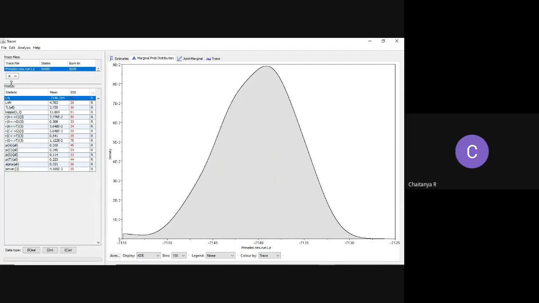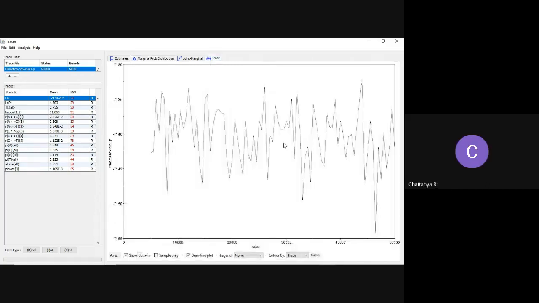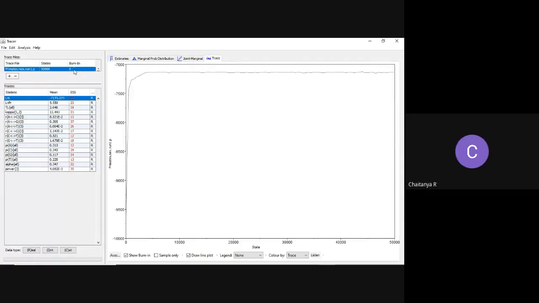Where is Trace? It's on a tab on the right. And you can reduce the burn-in to 0. So I can modify the burn-in right here. Yeah, you can double click on it. To 0 and press enter, and it kind of shows me